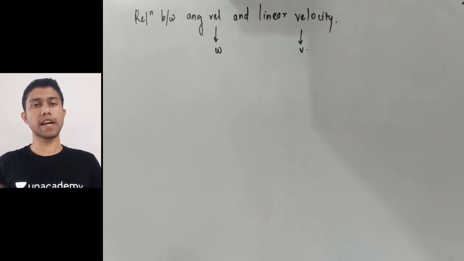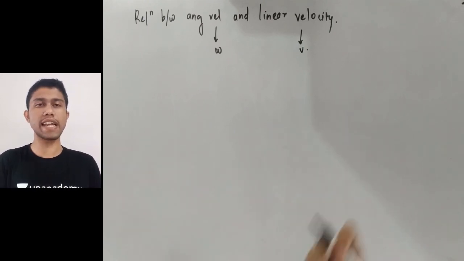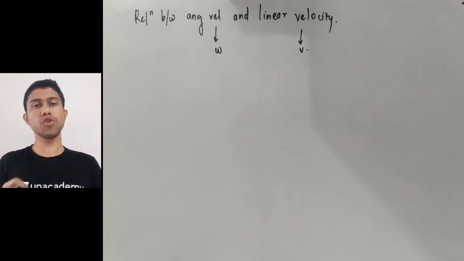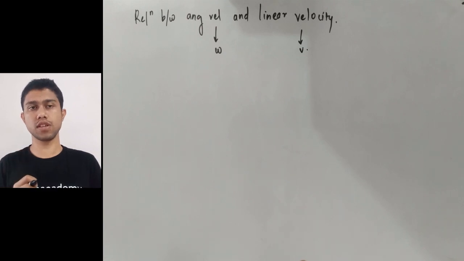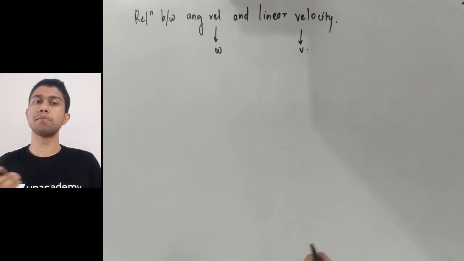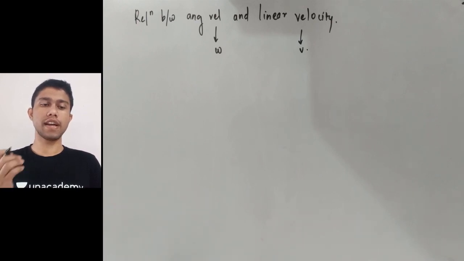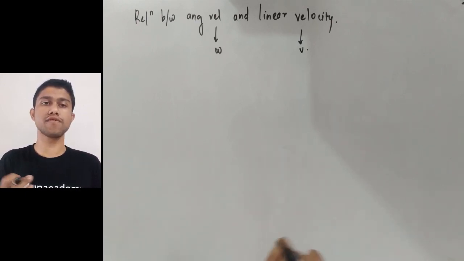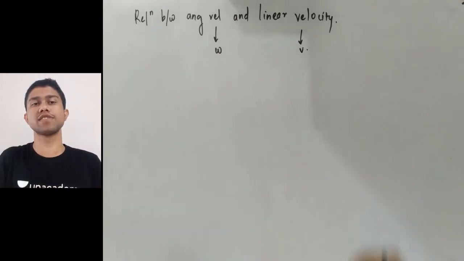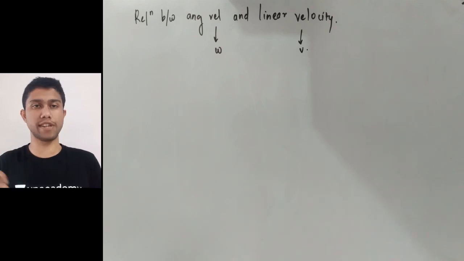But before starting, I'll ask you a question. What do you think? Does a body performing circular motion have both angular velocity and linear velocity? The answer is yes. Even though you think it's just a circular motion, it will just have an angular velocity component. But don't forget, in angular velocity also, it is made of small parts, and at each and every point you can have a tangential velocity, and that velocity is nothing but the linear velocity.